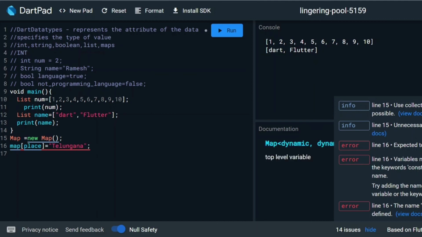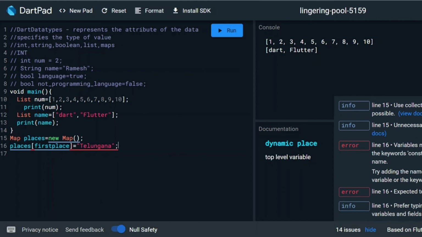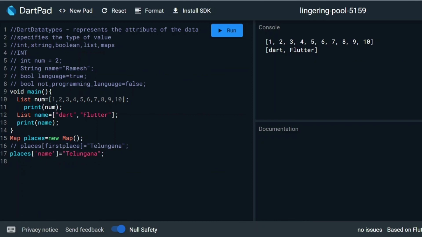We'll give it another name, and here instead of places we'll give first place. Okay, I have not given a quotation mark, that's the problem.